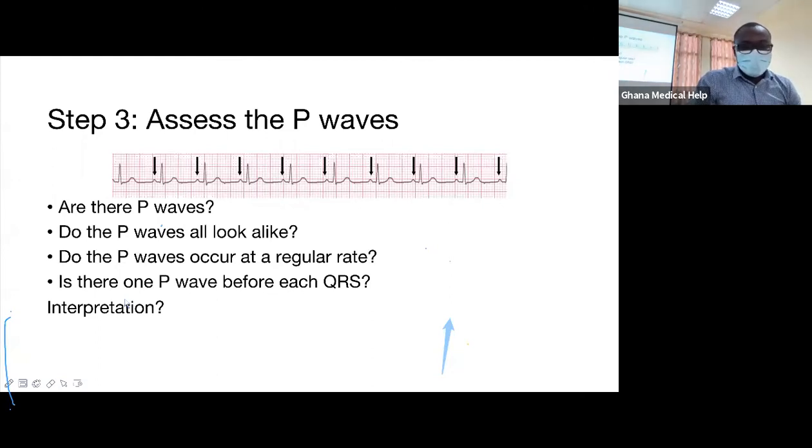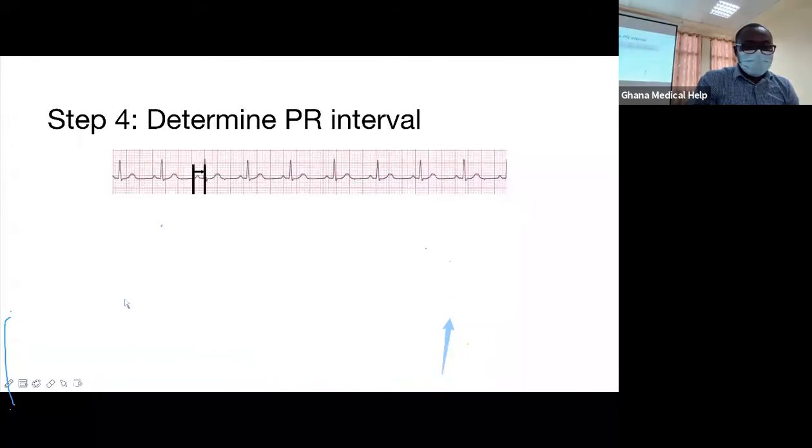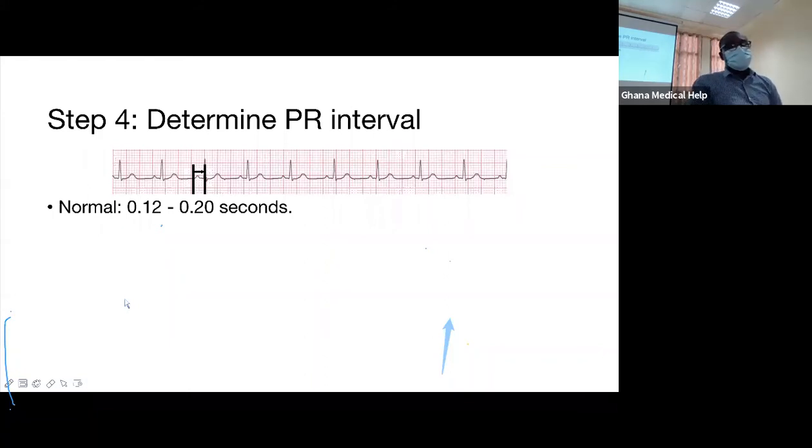The fourth will be, from the P wave, where do we go to? The PR interval. So the PR interval, like I already said, usually is from the atrial depolarization to the beginning of ventricular depolarization. So the normal is usually 0.12 to 0.2 seconds, i.e. other people usually count in boxes. So it says from 3 to 5 boxes, the small boxes, not the big ones. And so anything bigger than this, you think that the PR interval is prolonged,